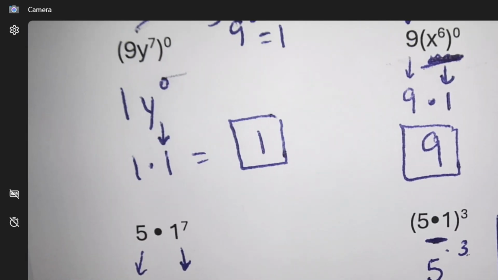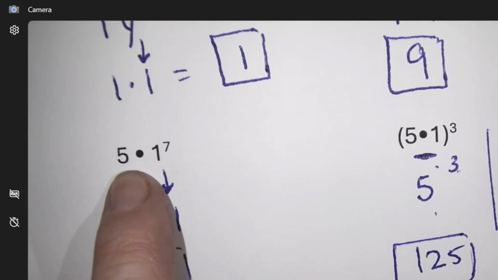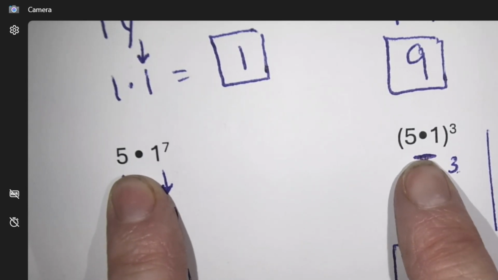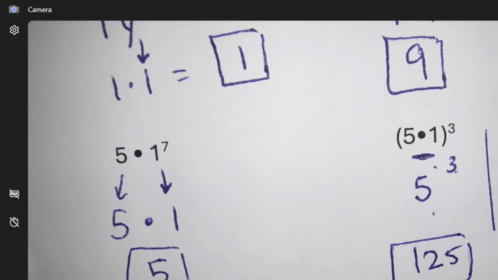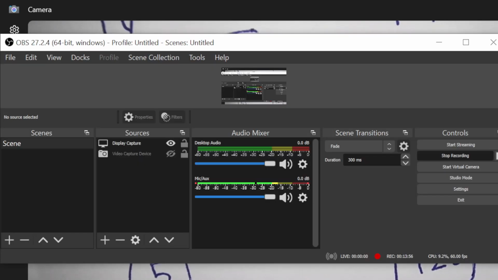Okay, but understanding. The 5 is not involved with exponents here, and the 5 is involved on this one. Okay? So that sheet was to understand